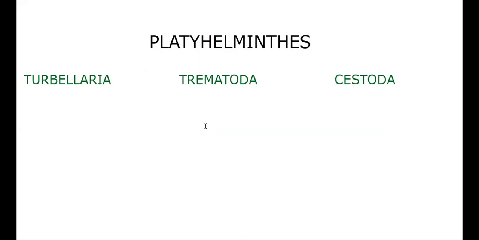So phylum Platyhelminthes includes Turbellaria, Trematoda, and Cestoda. Like this. Okay, 3 classes are there. Then we add some points here, but before that, let me introduce 3 animals, the individual representation of the 3 classes. Here, we'll go with Dugesia, or Convoluta, as we used to say. So let me add that example for Turbellaria, Dugesia.